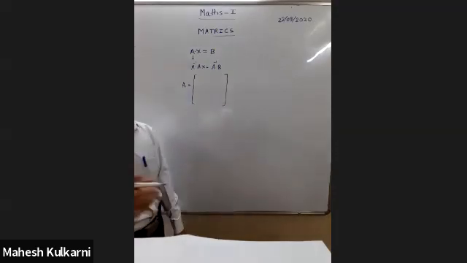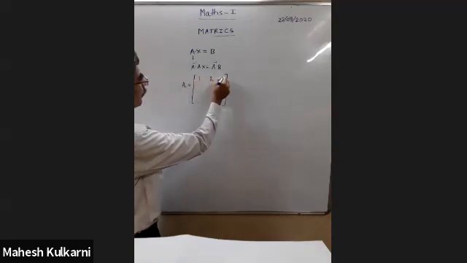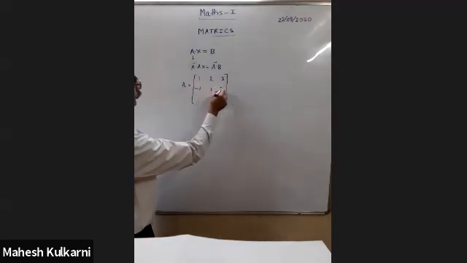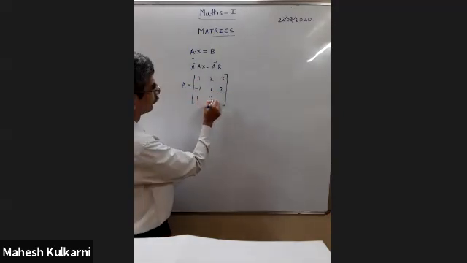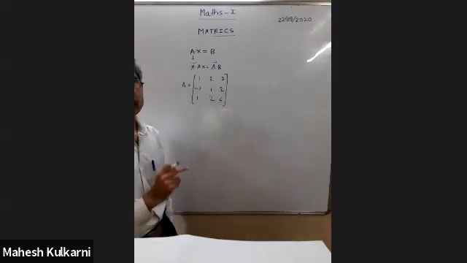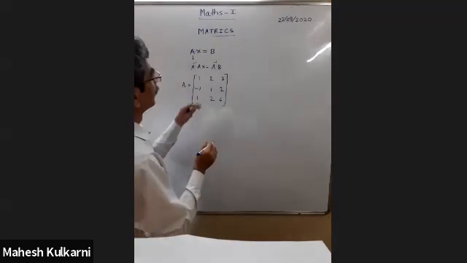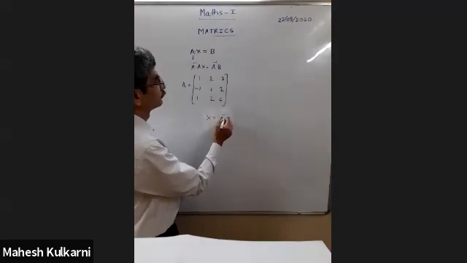a 3 by 3 matrix. First row, it is 1, 2, 3. Second row, -1, 1, 2. And third row, it was 1, 2, 4. We solved this question with the help of the inverse method. So using adjoint, first we get the inverse of A, and then using inverse, we solved this question with X is equal to A inverse into B.